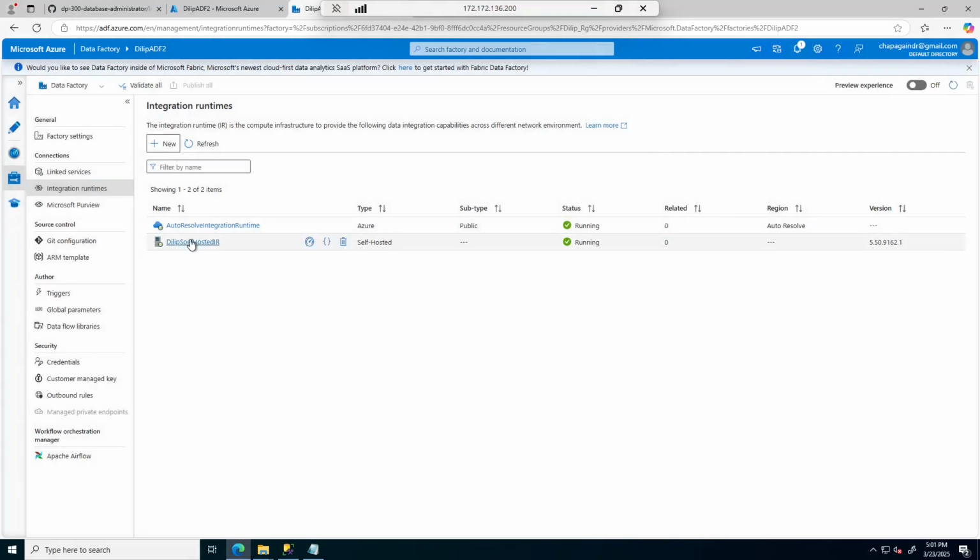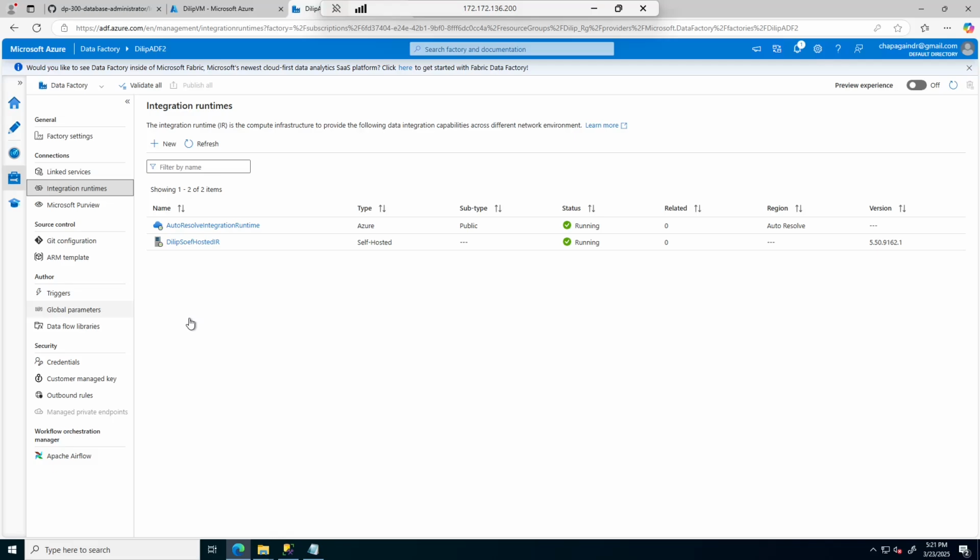As soon as I create the self-hosted integration runtime, you see this has already popped up, the integration runtime. I think it's a similar way if you want to create the SSH integration runtime, we can do so there. So what we can do is, since we have the integration runtime created, we can do a quick data activity. Okay, we have the self-hosted integration runtime. So let's quickly check if this is going to work to connect our